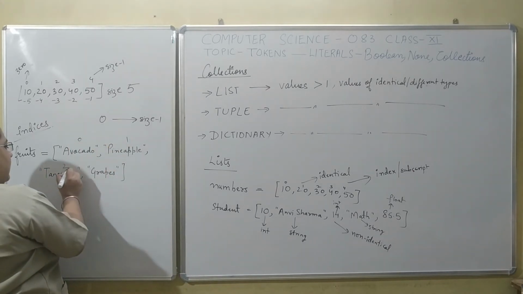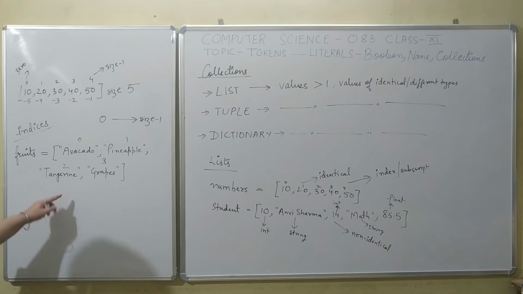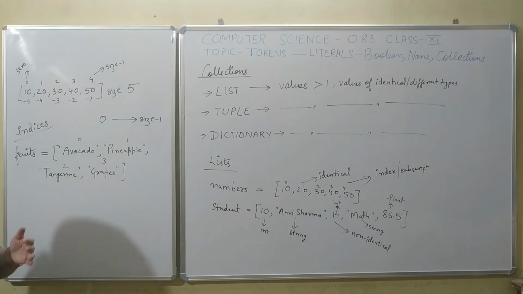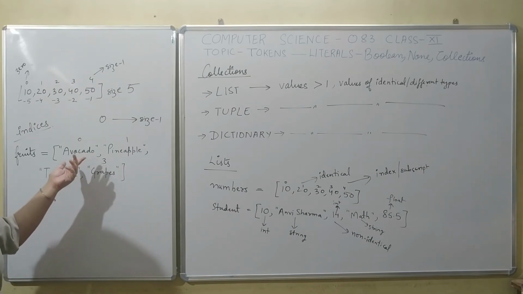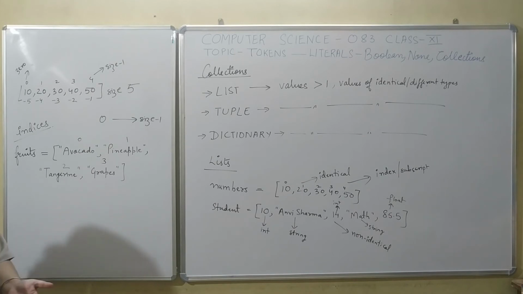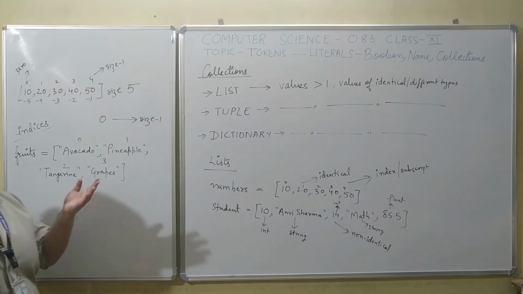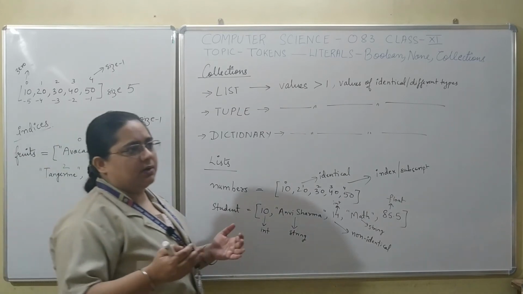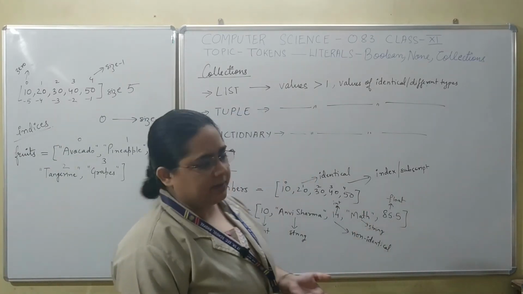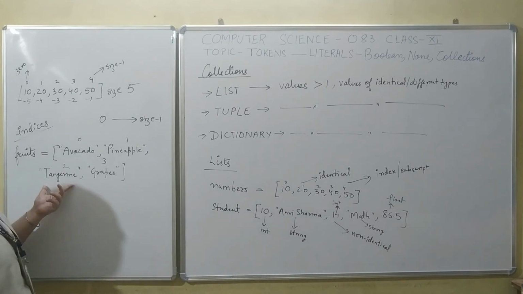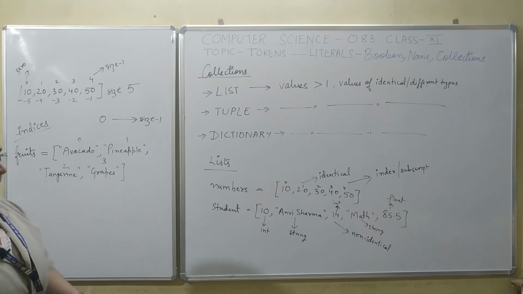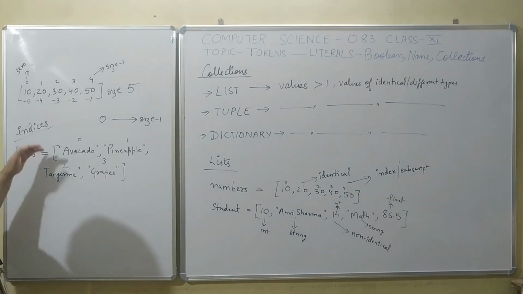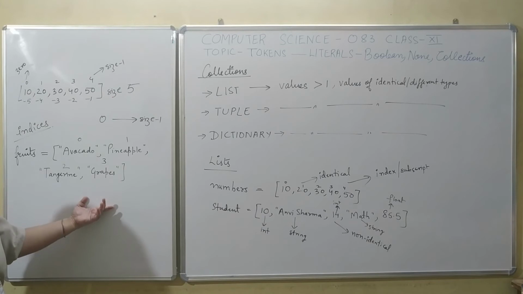If you are wondering what is avocado, it is a very fleshy fruit which is used for preparation of many sauces. It is usually an exotic fruit which we won't get very easily in the market. Only if you visit some nice malls or some specific stores, you will get it from there. And tangerine is usually another name for a citrus fruit, just like orange, okay. So we can create lists in this way.